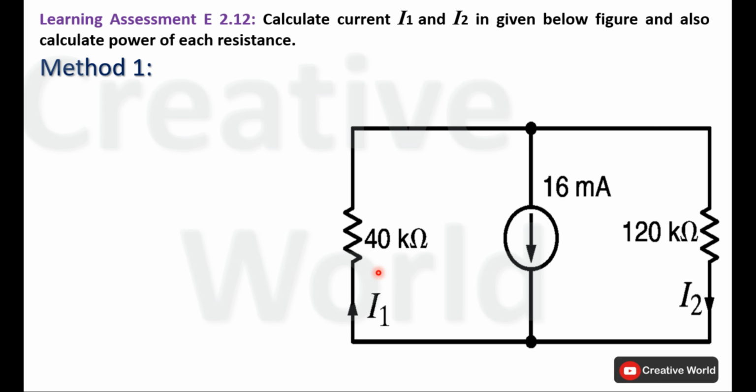If you observe, this circuit is a parallel connection. If the voltage across this constant current source is calculated, the same voltage will appear across these two resistances as well. So first we have to calculate the voltage across this constant current source. For the calculation of voltage across this source, we have to reduce the circuit. By using the parallel resistance formula, we can reduce this circuit. We can make only one resistance that will be equivalent to these two resistances.